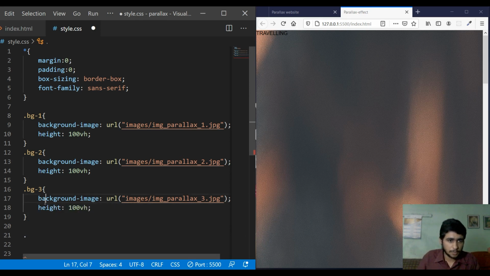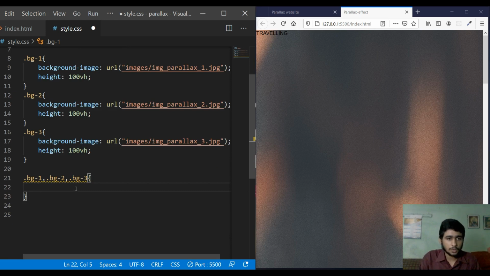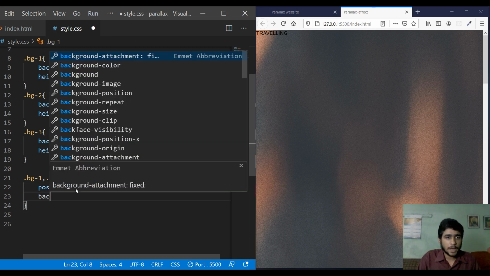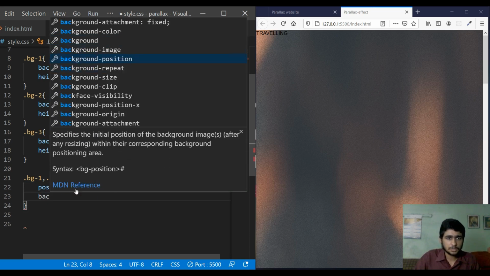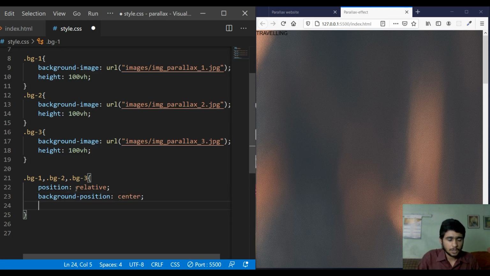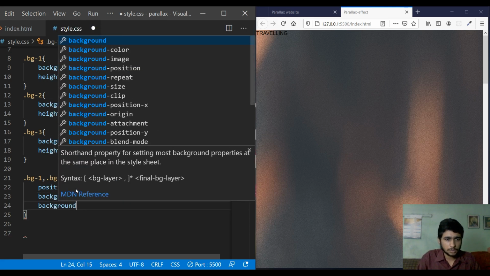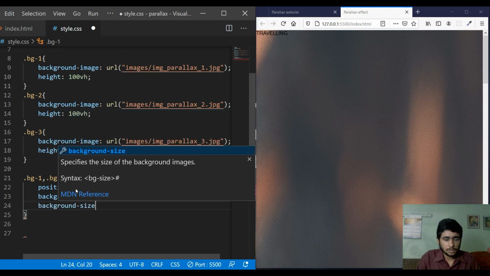So let's do it with BG1, comma, BG2, we need a comma then BG2, comma BG3, and now we are going to style these 3. Firstly, we are going to give a position of relative. We are going to give a background position center. We can add a background size to cover,